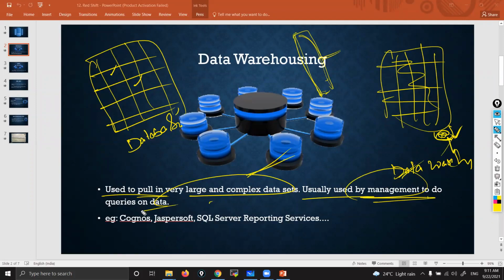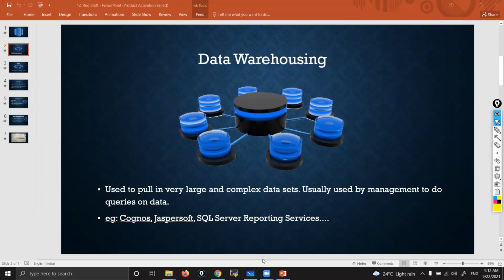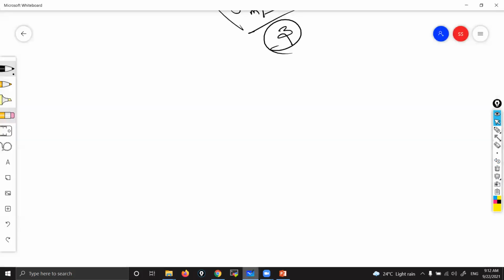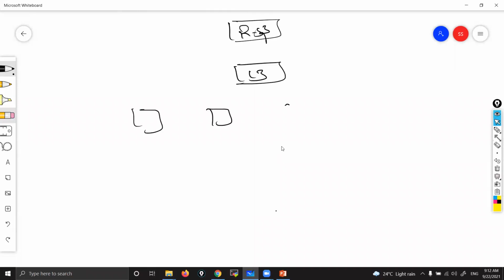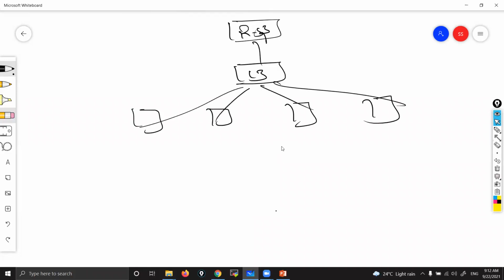Examples for data warehouse: Cognos, Jaspersoft, SQL Server Reporting Services. These are the examples. Now, what actually happens in data warehouse? Obviously, your requirement is to pull this kind of data, so that means you'll have a huge amount of data. This is Route 53, load balancer, web servers. Now, if you are using data warehouse,